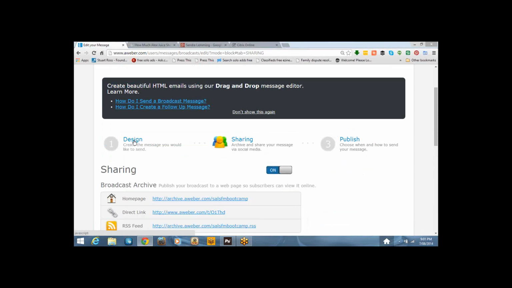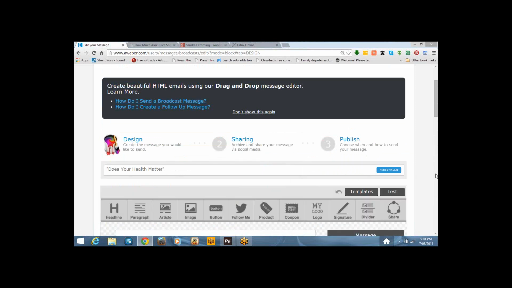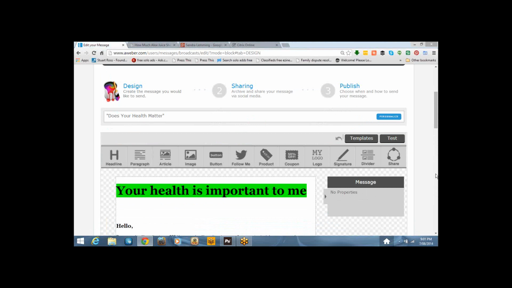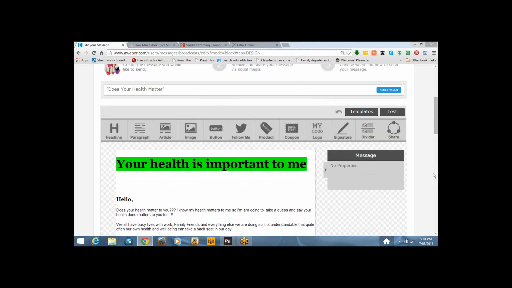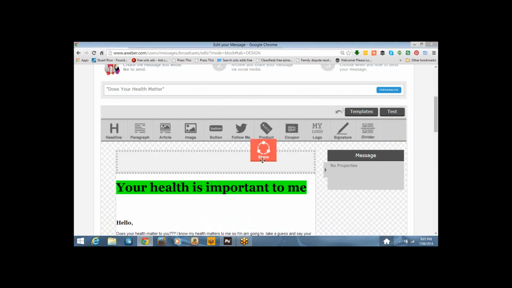Yep. All right. When we were in design, what we did to get all the sharing stuff done, we grabbed this. Now, if you haven't set this up, the first time you grab these sorts of things, they'll get you to set them up. But to put the share buttons down the bottom, you can do this even if you haven't set up your Facebook and your Twitter in here. You'll grab that, right click on it and drag it down, and you can put it up the top as well. Put one up the top.